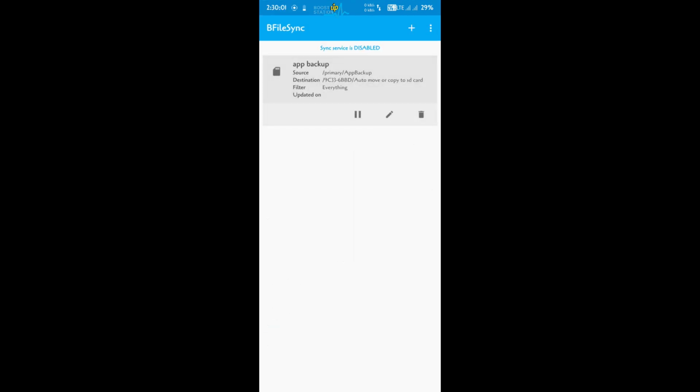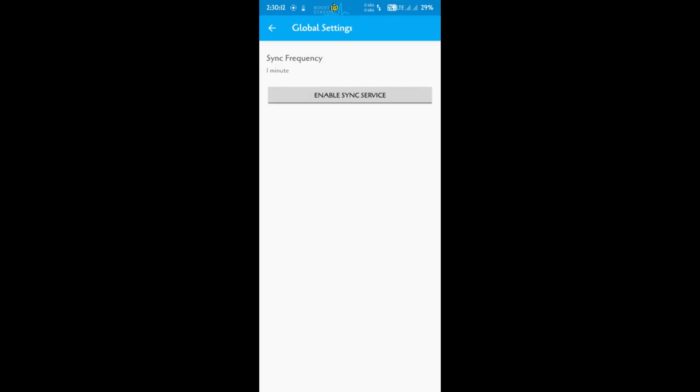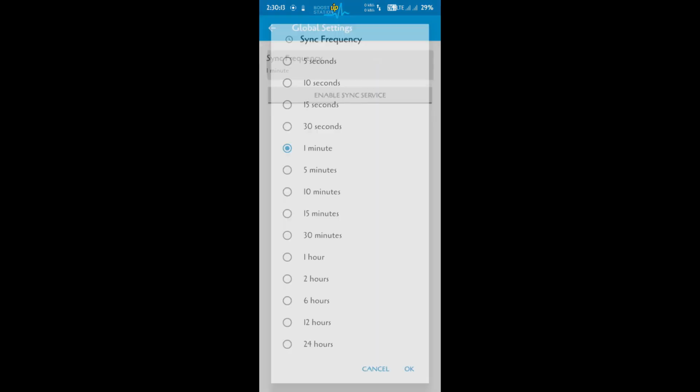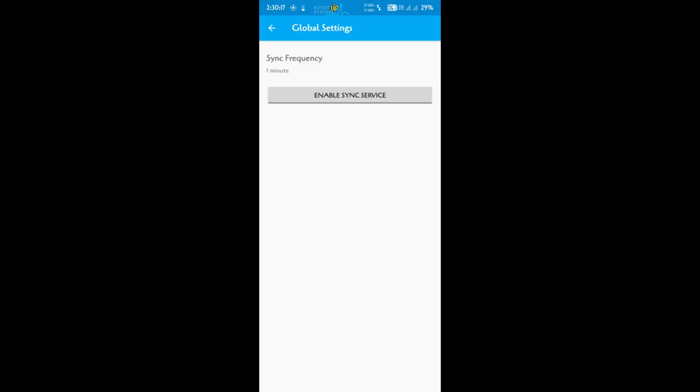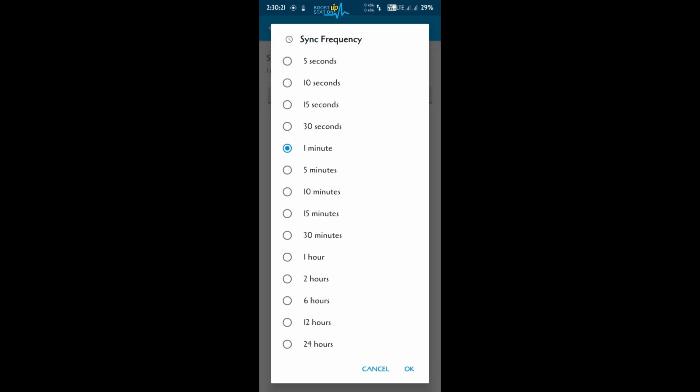Now this task is on, but the synchronization service is disabled, so we have to turn on that service. So click on these three dots and go to global settings, and you have to enable this service, and you can change the frequency of it, after how much time this task should perform its actions.